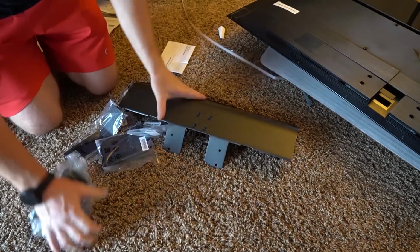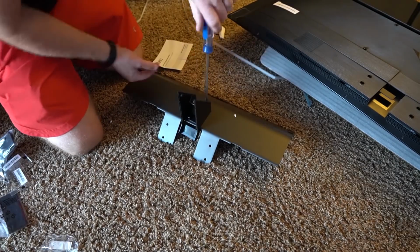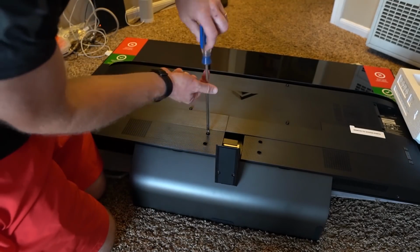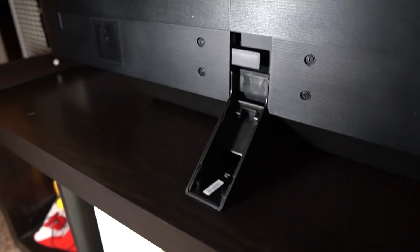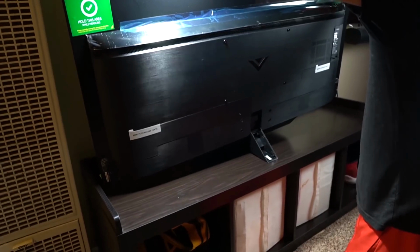easiest to stand up. Now the Vizio, on the other hand, is far more complicated. You need like 16 different screws to get it going, and while the front has a cool little metal curved lip, the back actually looks like a high heel, and it's just very weird. I'm not really sure why they decided to design it like this, but it does have a little wobble and kind of can tip back each way. So definitely confusing. I'm not sure what Vizio was thinking, but it does kind of work with their cable management